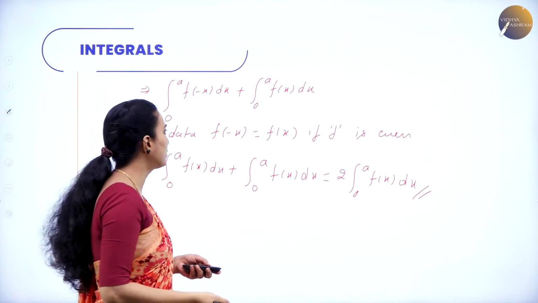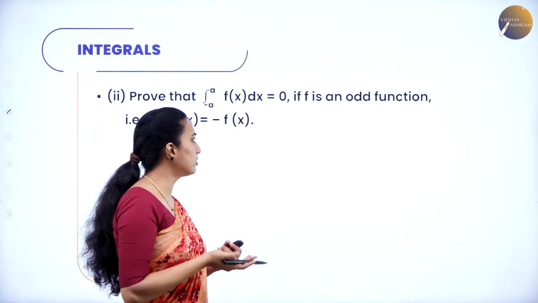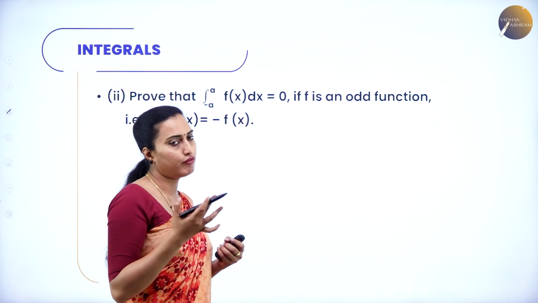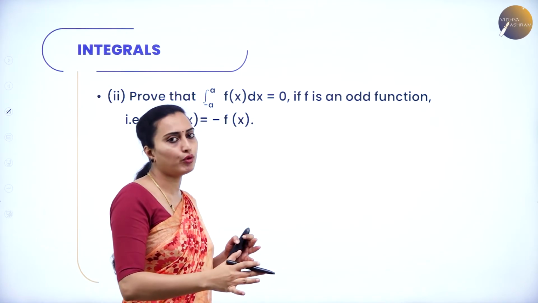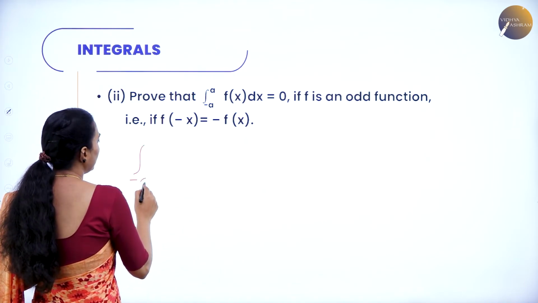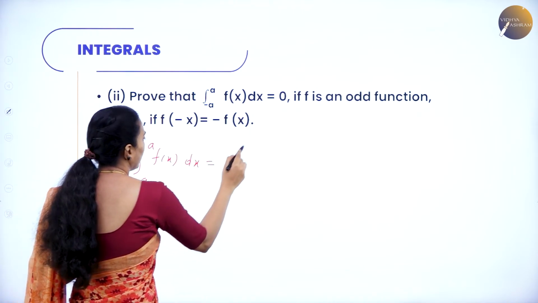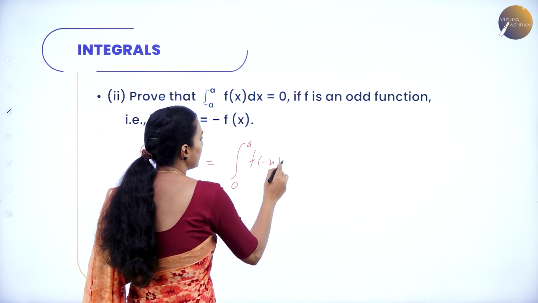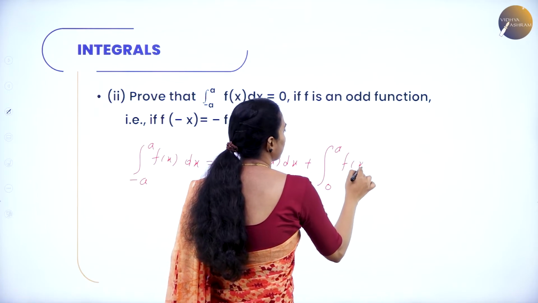I hope you got this one. Now, we'll be moving on to the next one. Minus a to a f of x into dx is equal to 0 if f is an odd function, that is if f of minus x is minus f of x. What we have proved in the last case, same proof you are going to do. What we have proved? We have proved that integral minus a to a f of x dx can be 0 to a f of minus x into dx plus 0 to a f of x into dx,